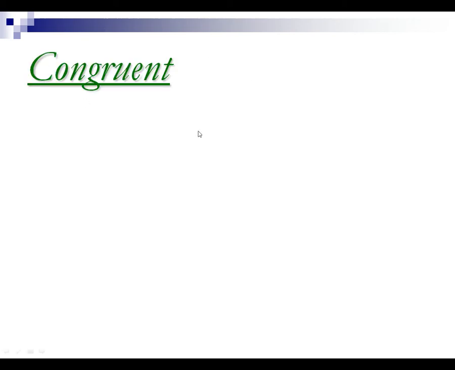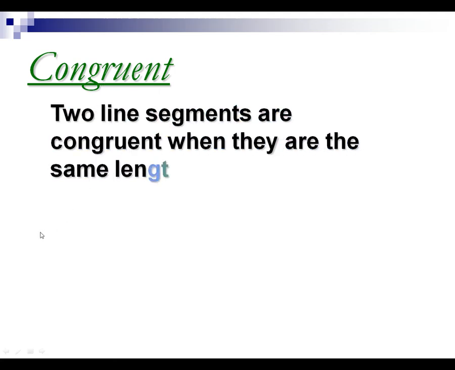All right, congruent. Most of you know what congruent means. If something is congruent, then the 2 line segments are exactly the same length. If 2 things are congruent, that means they're exactly the same: the same size, same length, same everything. They're identical copies. So if I have line segment CD and it's equal to 3, it's 3 units long, and then I have line segment EF,